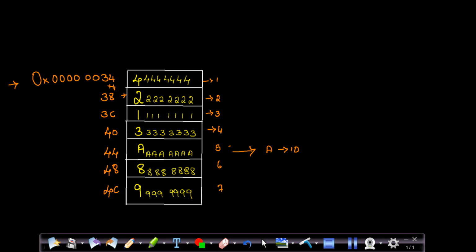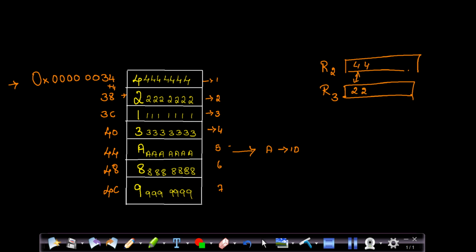So how does it actually happen internally? I'll be considering one particular register, let's say R2. I'll store the value of one particular number, let's say I will take 4. Next I will take another register, let's say R3. I'll put my second number, let's say 2. I have my comparison operator between these two numbers. If my first number is greater than your second number, retain your R2.